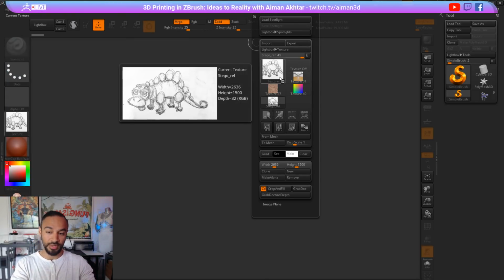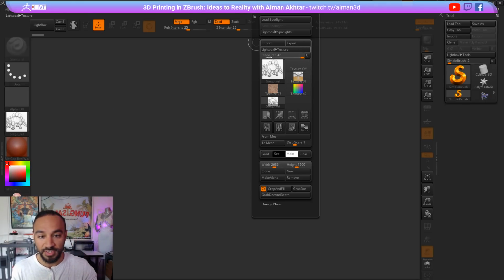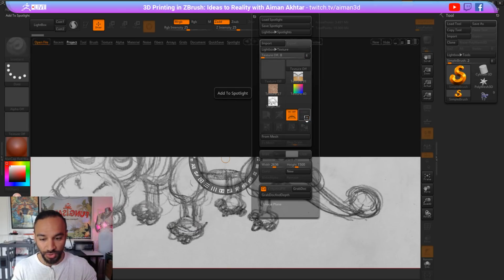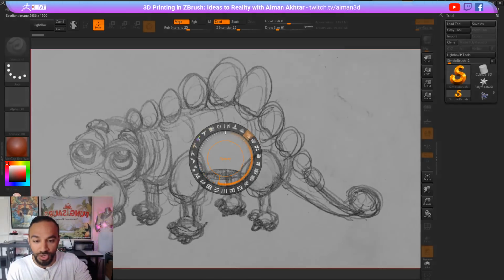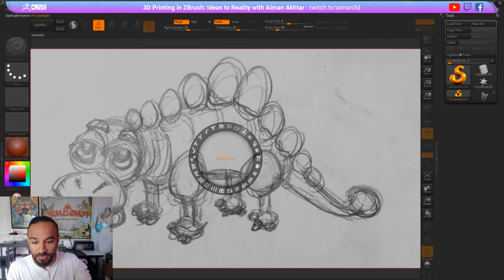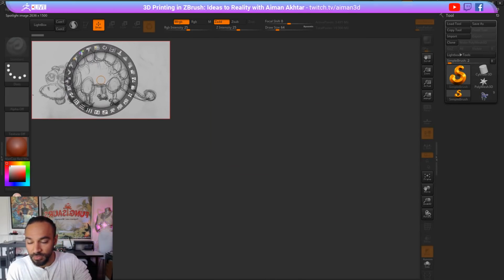And the first thing you want to do is have kind of a reference image in your ZBrush. Let me check that this is still working fine. You guys can see it? Yes, cool. So I'm going to select my image, and I'm going to click Add to Spotlight. What this will do is make the image really big up on my ZBrush screen. I can tweak the opacity a little bit. I can adjust the scale, and I can kind of place it off to the side. Because this isn't one-to-one, I'm not tracing on top of it. I'm just going to use this as a reference in my scene, and I'll press Z to drop that to